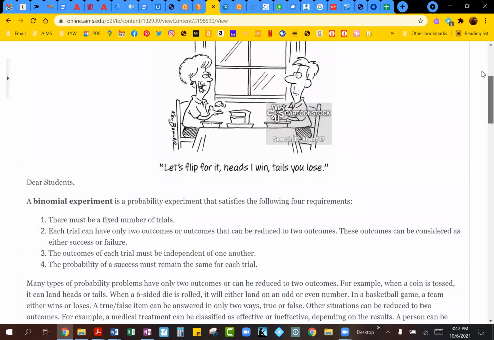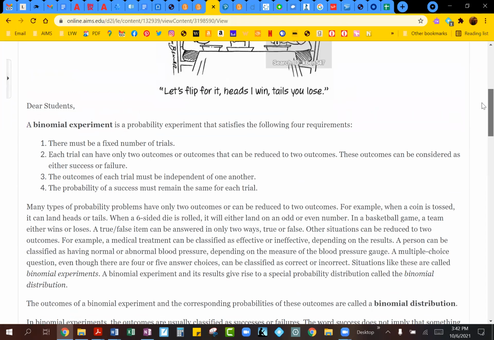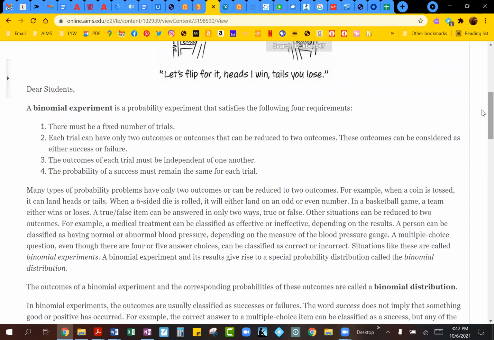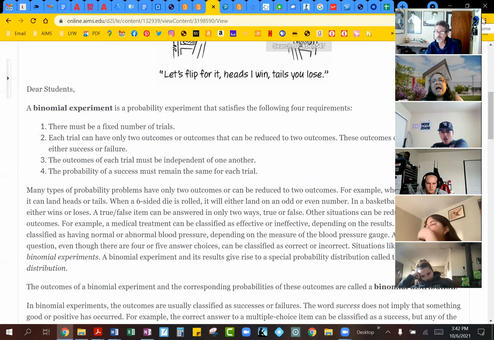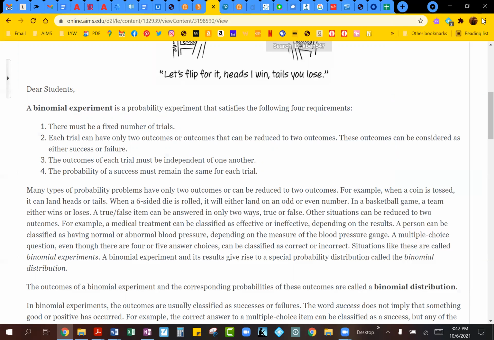So this one is actually coming from a binomial experiment, and we haven't talked about binomial experiment yet, but the main things about a binomial experiment, as you can see, are going to be these 4 requirements. So the one thing we talk about is you have to have a fixed number of trials. So the number of times you do the experiment has to be fixed. Your trial can only have 2 outcomes. So you can think of those 2 outcomes as being success and failure. So if you're talking about tossing a coin, then it's very easy. You either get a head or a tail.